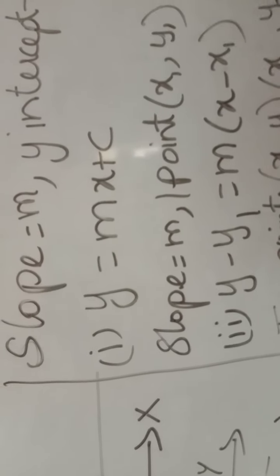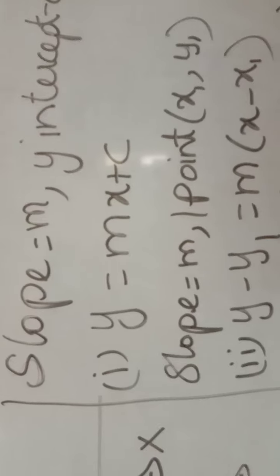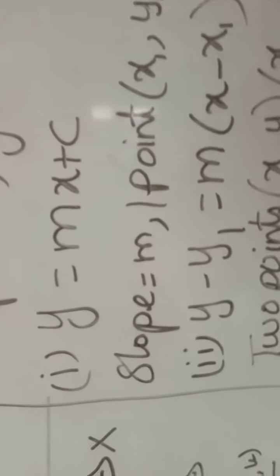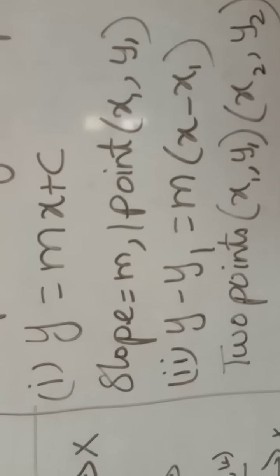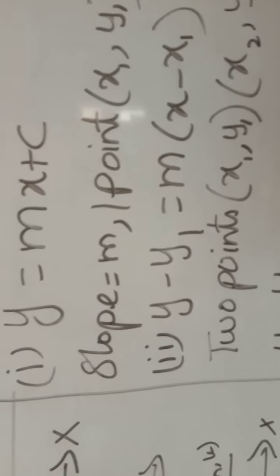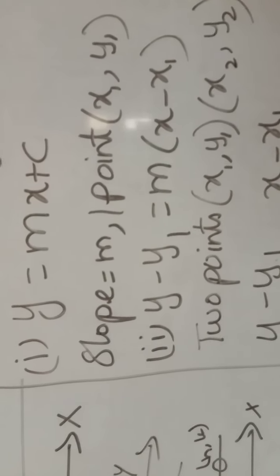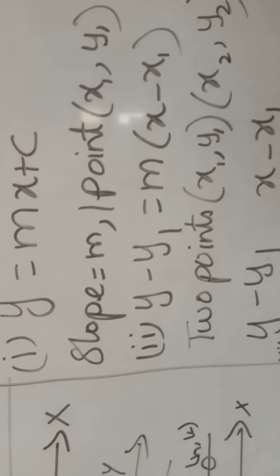Okay. Now we are going to study 4 equations. We studied 3 slopes. We know what are the 3 slopes. M equal to tan theta, m equal to y2 minus y1 by x2 minus x1, m is equal to minus coefficient of x by coefficient of y. Now we are going to study 4 equations. So as I told for the previous exercise, you have to write all the 3 slopes at the right side top corner. The same way you just write all these 4 equations alone, the right side all the 4 equations in the right side top corner to study easily.